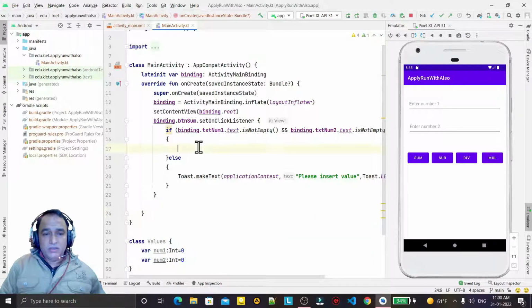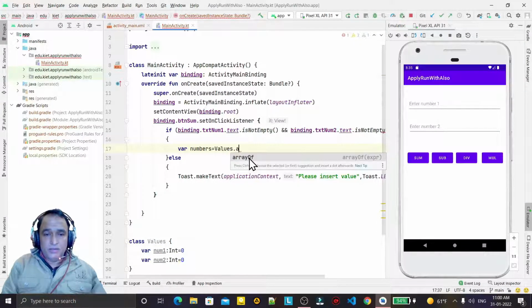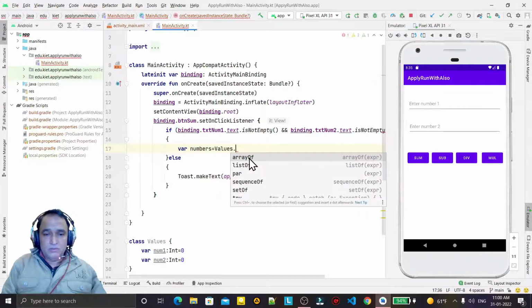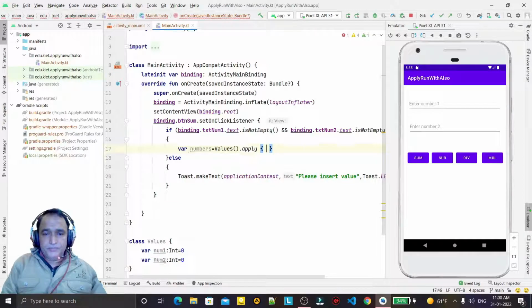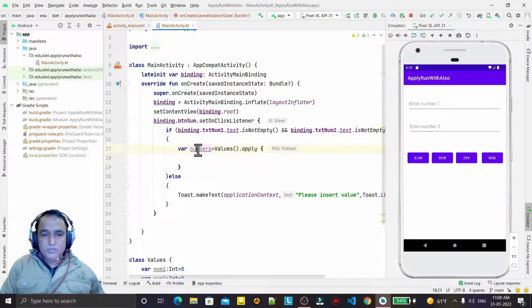So here I will use the object of this class. I say val numbers equal to values dot apply. You see I'm using the apply method here. So I'm creating an object here, but I'm using apply. Here this means the object.